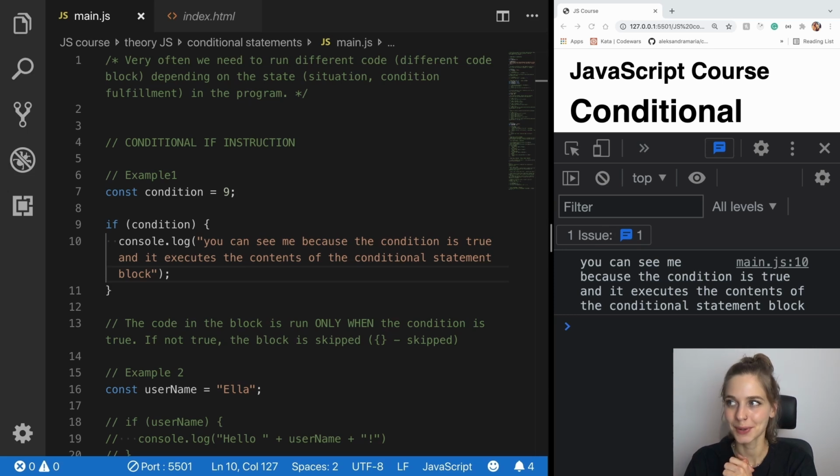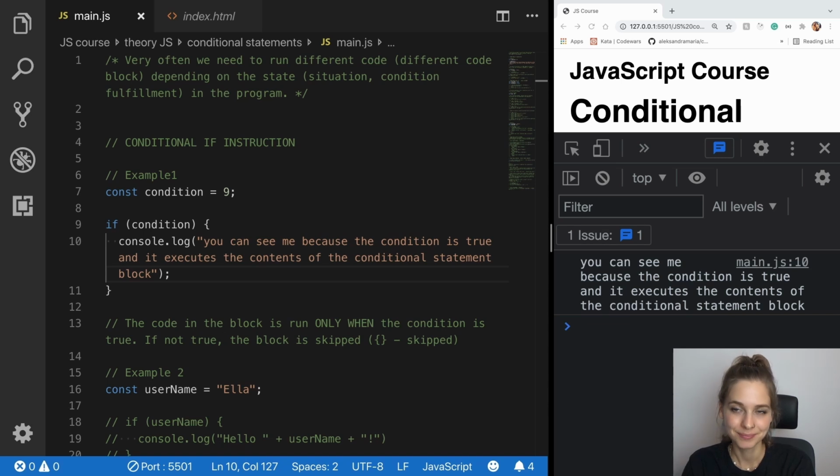Cool. So before we go on and talk about conditionals, I want to notice one thing. Living your life is like writing a program. Sometimes you will be in a situation where different circumstances apply, and depending on those, you're going to make a decision, and this decision will impact how your life will evolve, what is going to happen next. And the same thing is happening in JS when you write your